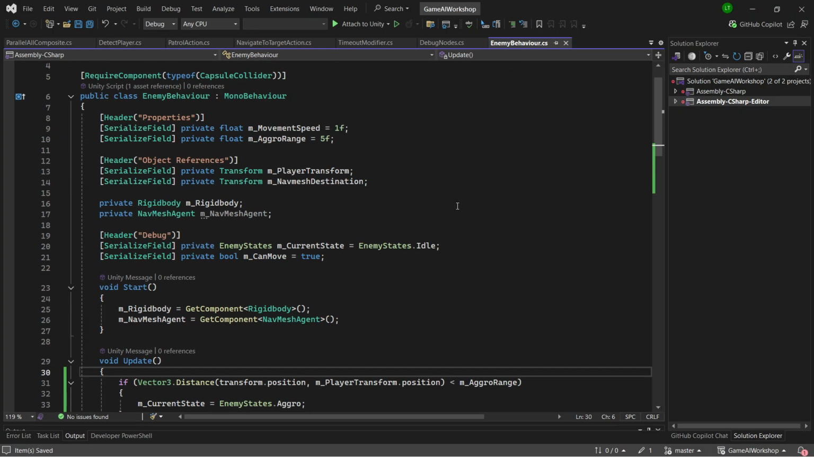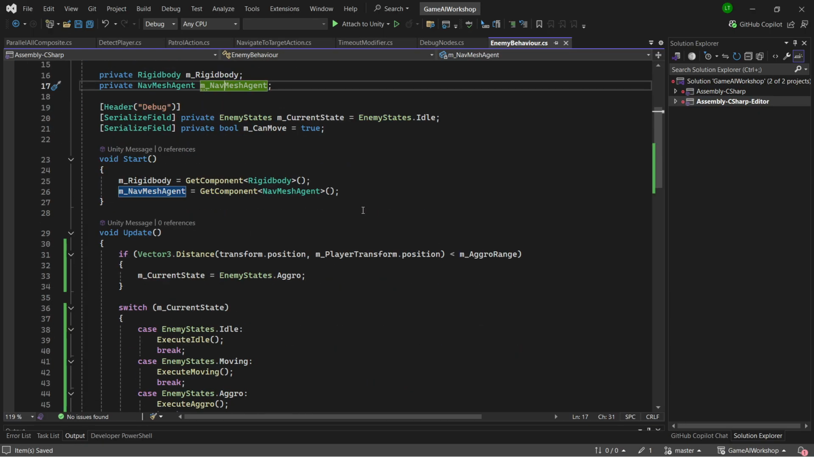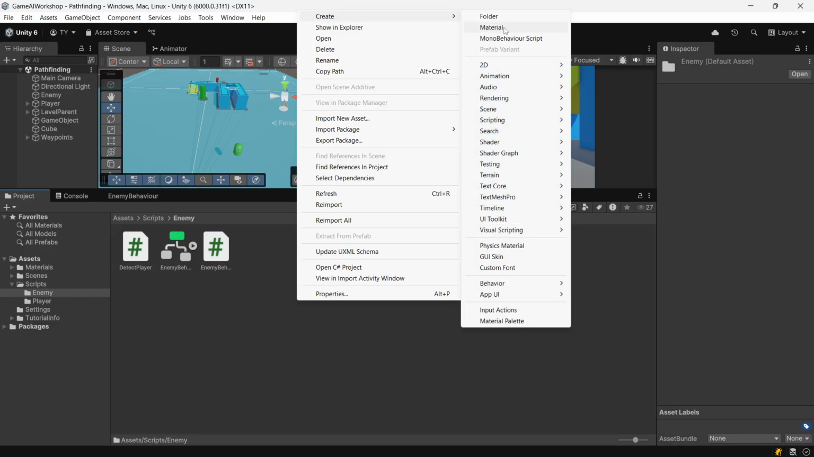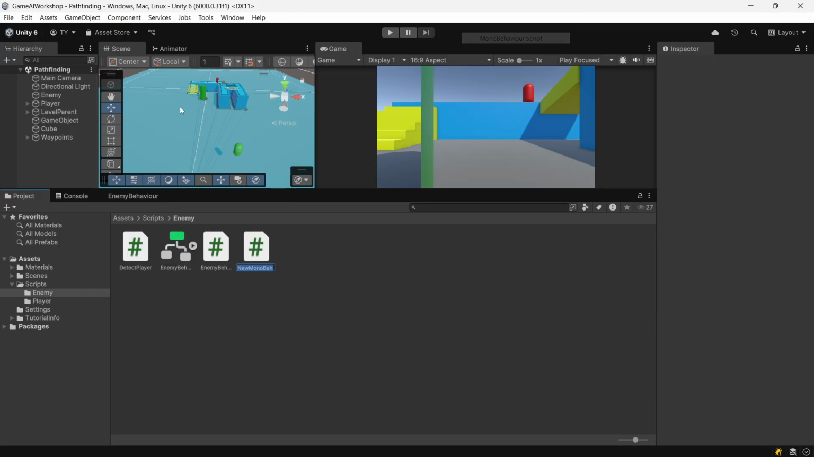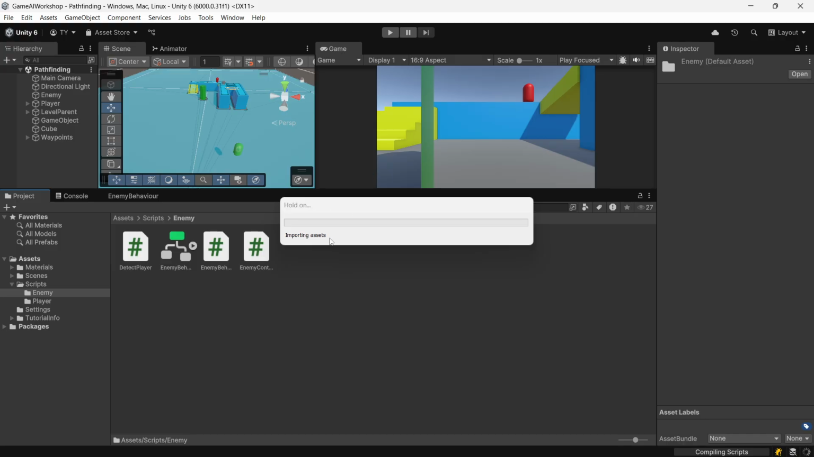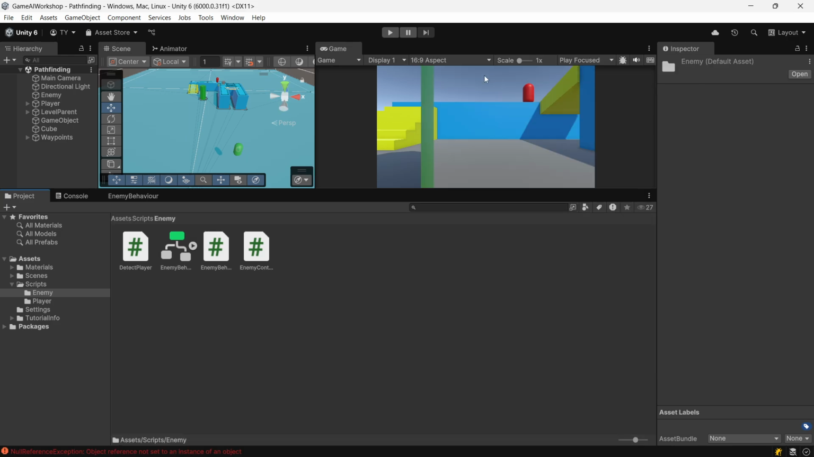So what I want to do is to change this into the actual state pattern and then try to use the single responsibility principle to make this better. So let's start very simply by adding a MonoBehaviour script, and we're just going to call this the enemy controller. And we're also going to add a new MonoBehaviour script